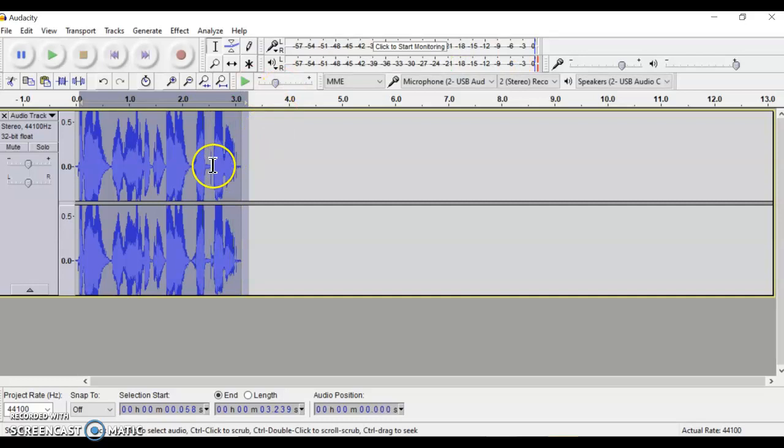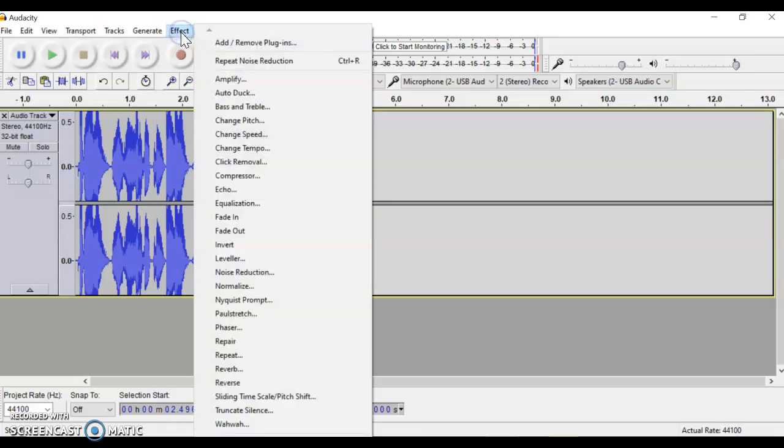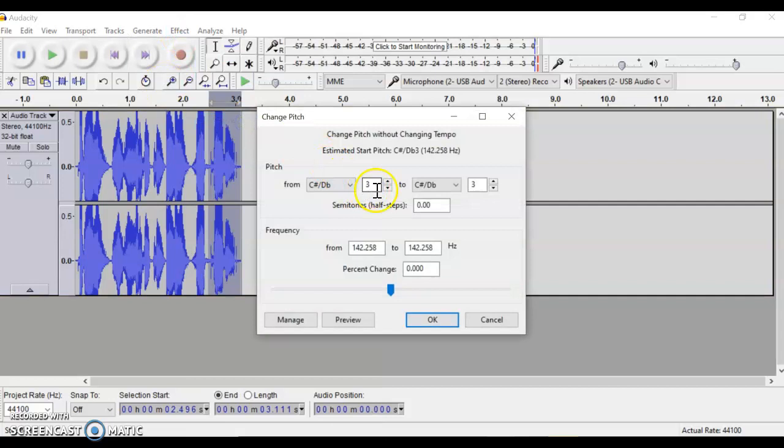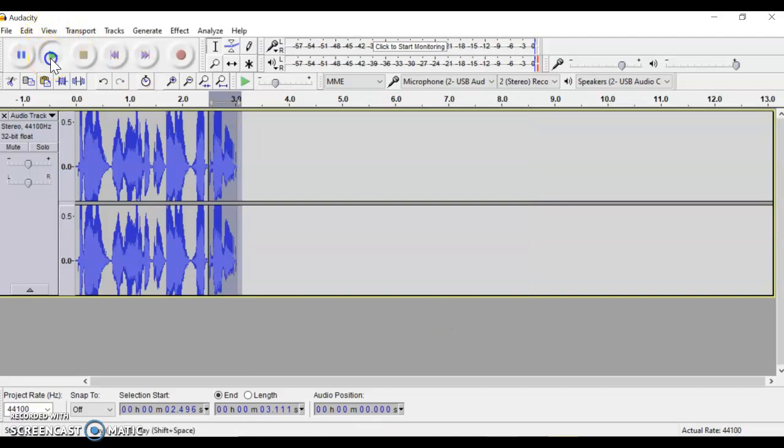Now, so we want to make this thing at the end of the station ID. We're going to make it like change the pitch. So you can actually let's try radio. Okay. So if you're going to play it,